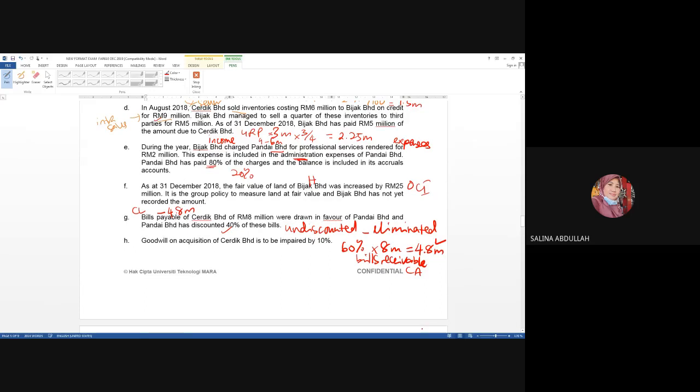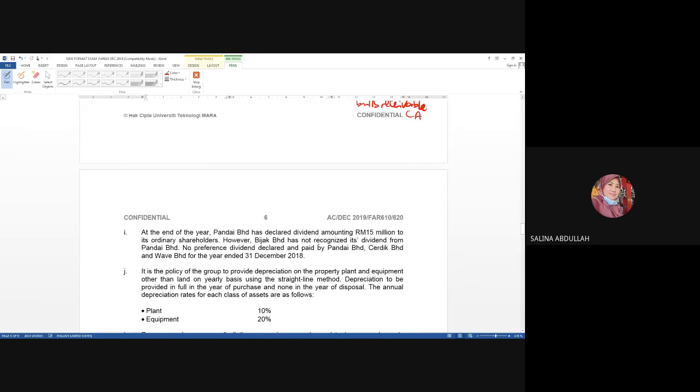Then this is talking about dividend. In this additional information, remember Pandai is S1. So S1 has declared dividend. However, Bijak has not recognized its dividend from Pandai, so holding has not yet recorded the dividend received. No preference dividend was paid by Pandai,